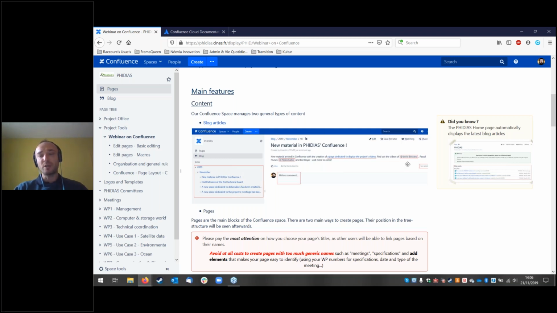You can also ping or say hi to someone with the @ feature, which helps you to either attribute a task, we're going to see that later, or to